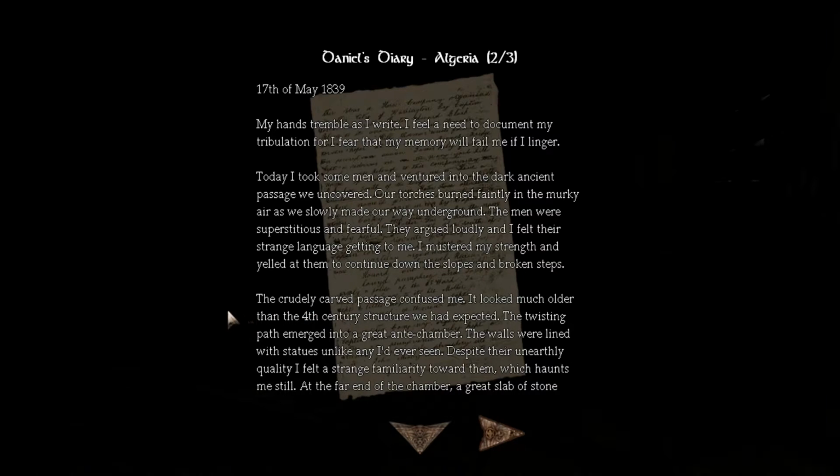Presumably, he at some point had quite a commanding impact on them. And also, look, further down, the crudely carved passage confused me. It looked much older than the 4th century structure we had expected. So this game takes place in 1800 and something. I think it's like 1841 or something. 4th century. So the passage they're in was 300 odd years old, or I expected it to be 300 odd years old. And yet